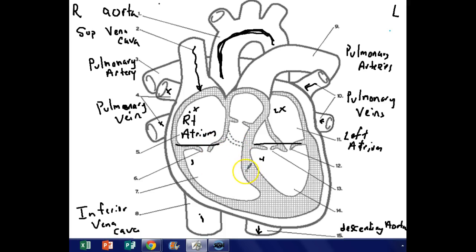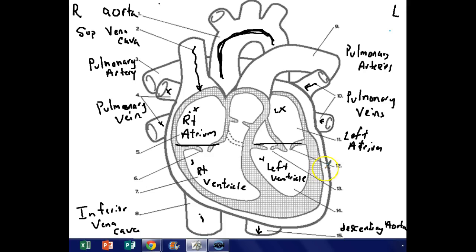Then we've got the chambers on the bottom, which are your pumping chambers. This is called your right ventricle. This one would be called your left ventricle. They're called pumping chambers because these will pump blood out of the heart to the rest of the body or to the lungs, which we'll talk about in a second. So you've got the four chambers, 1, 2, 3, 4. We're also going to have 4